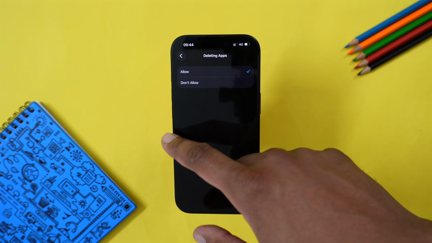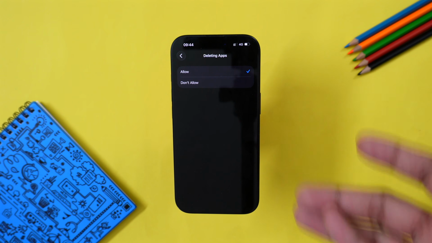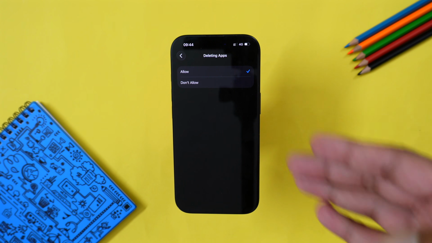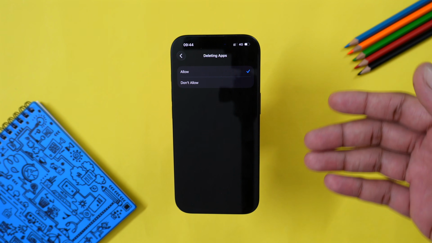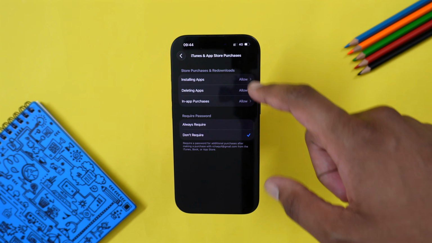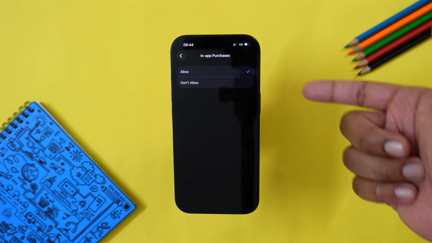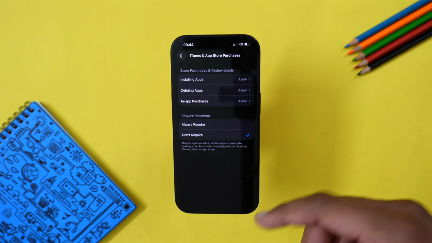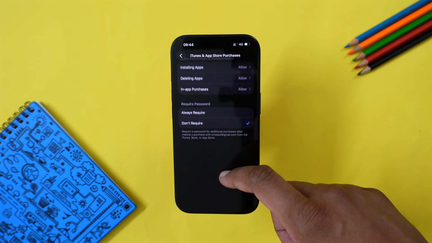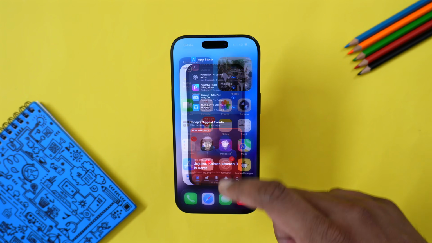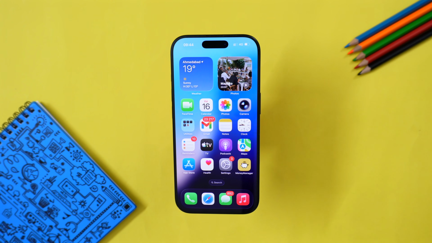Of course, this you can keep on allow, but in case you want to also use this feature in the future, you can, for example, block it so nobody is able to uninstall apps. It's a very good feature for kids at home, as well as in-app purchases. For example, you can allow or simply disable it permanently. Now, once you're done doing this, you want to close settings. You want to try downloading an app, installing it onto your iPhone, and if you keep facing the same issue,